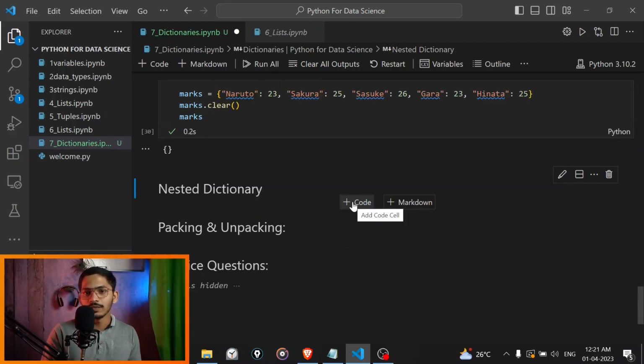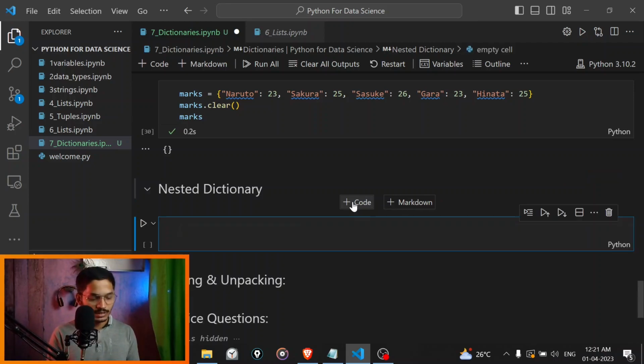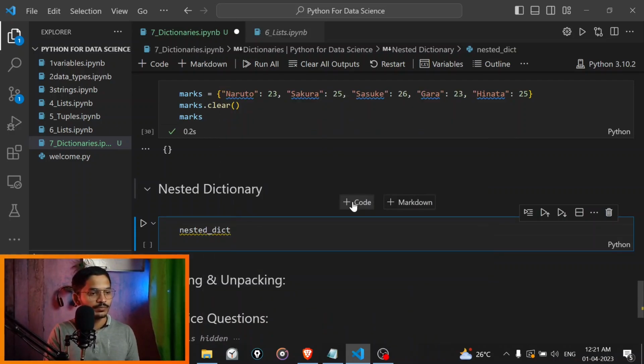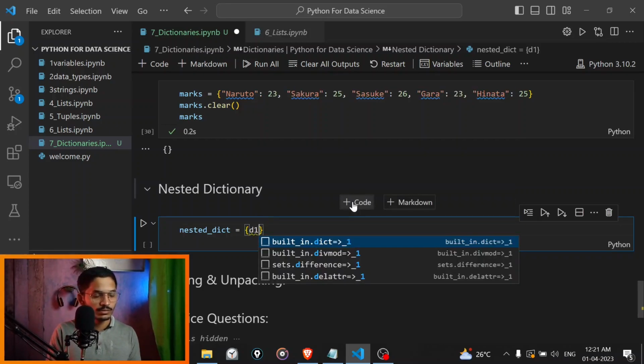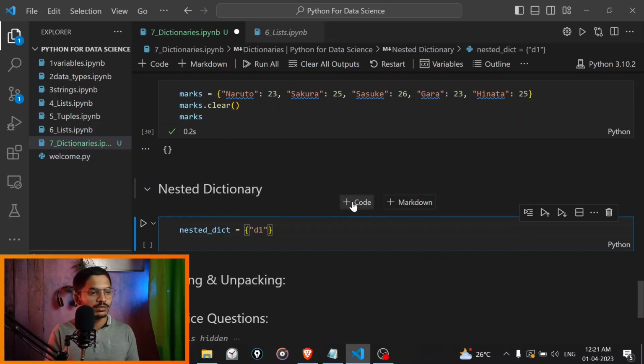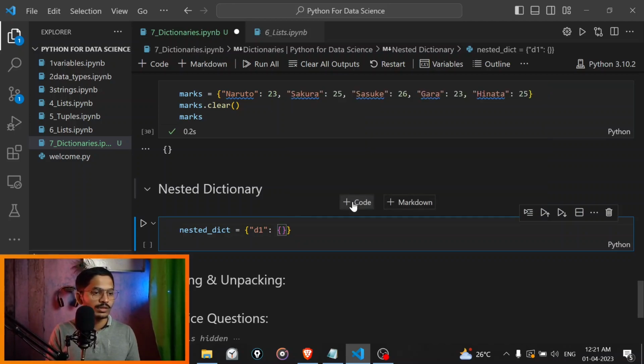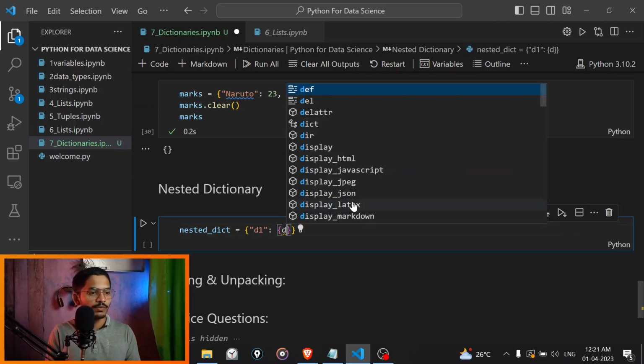Just like a nested list, we can also create a nested dictionary. Let's see how we can create that. So let's say nested_dict. Inside a dictionary we are going to have multiple dictionaries like that. So let's say D1. D1 is going to be our first nested dictionary. Inside D1 we are going to have some elements. Inside a dictionary we want another dictionary, so we will have some elements like